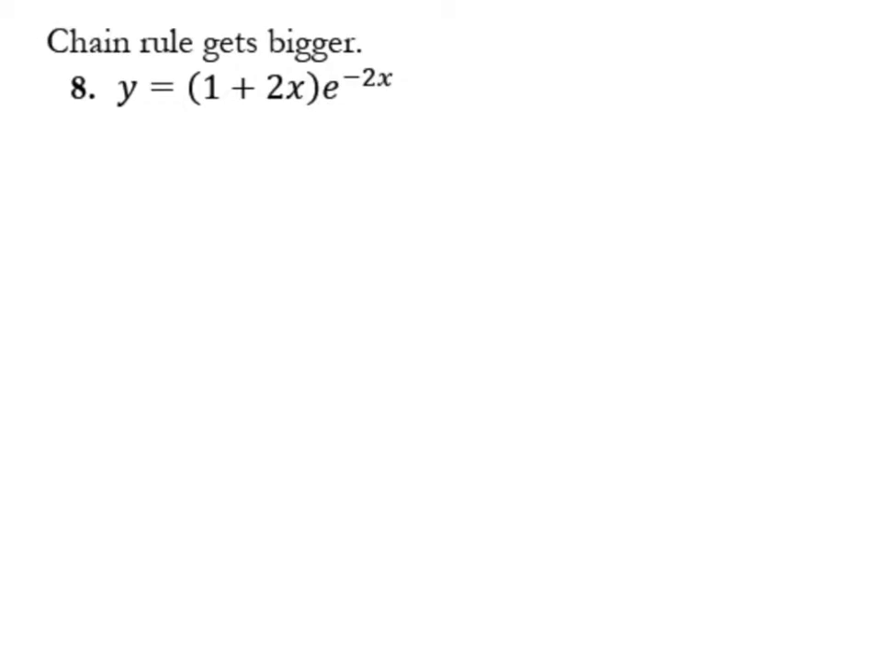The chain rule lets us calculate even more interesting derivatives where we have all kinds of rules that apply. In this case, we have a product. You see you have a function f times a function g, where f is 1 plus 2x, and g is e to the minus 2x. Since they're a product, we need the product rule that says y prime is f prime g plus f g prime,